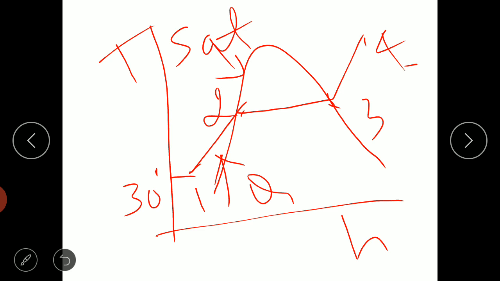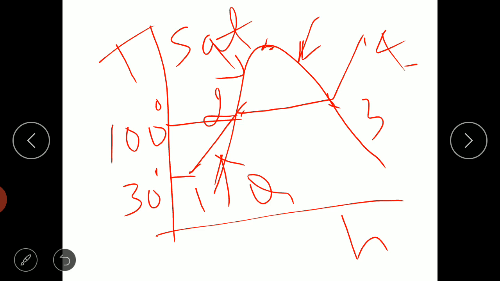Okay. So this will be our critical point. Approximately this is our critical point, and this will be our saturated vapor line. Okay. So the left side will be the saturated liquid line, the right side will be the saturated vapor line. Okay. So once, with the supply of heat, it reaches approximately 1 bar pressure, the line 1 2 3 4 is indicating a constant pressure line, which is atmospheric pressure, 1 bar. Okay. So this point is indicating water has reached approximately 100 degrees Celsius for 1 bar pressure.